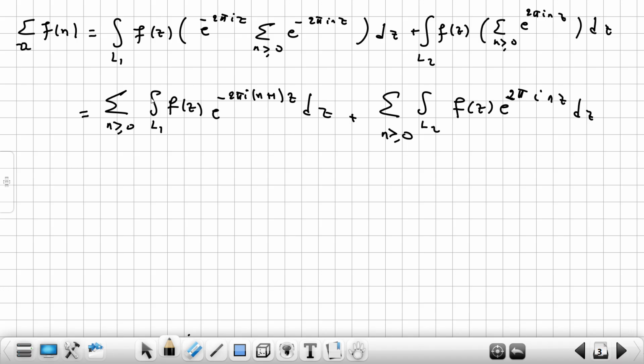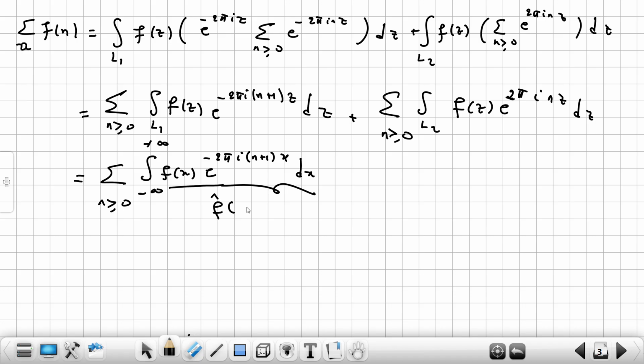Now we can again shift the curves, sorry, the sets L1 and L2 to the real line. You get the summation from n equal to 0 to infinity of the integral from minus infinity to plus infinity of f of x e to the power minus 2 pi i (n plus 1) x dx, now z becomes real, equal to x. This is nothing but f hat of n plus 1, plus the summation from n equal to 0 to infinity